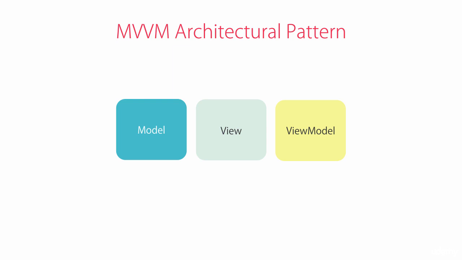So if you're building an application for finding flights, your application domain model includes classes like flight, location, time frame, and so on. The second moving part is the view, which is what the user sees. In Xamarin World, that means a page. And the third moving part is the view model, which is a model specifically designed for the view. So it's a class with properties that represent the state of the view and methods that implement the logic behind